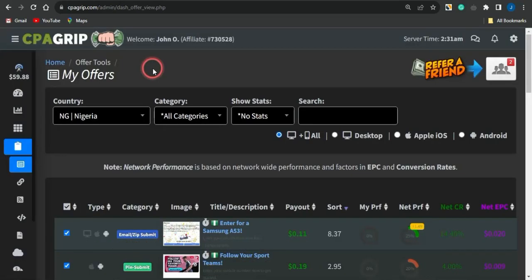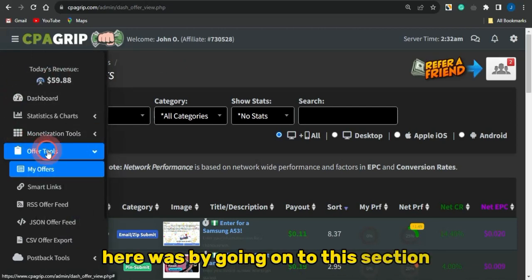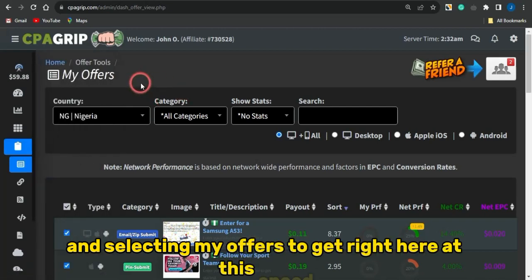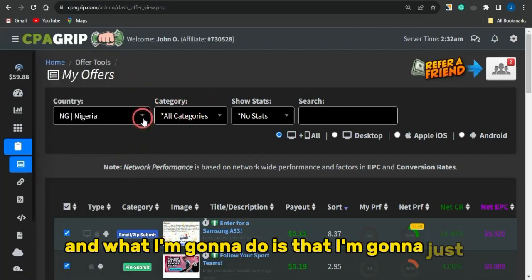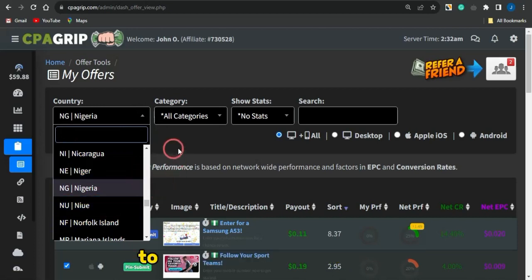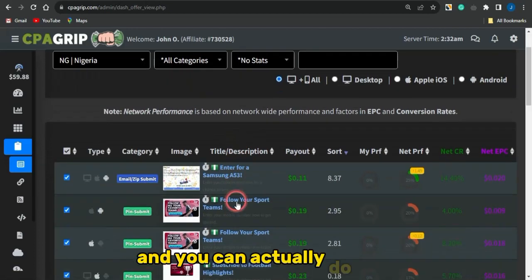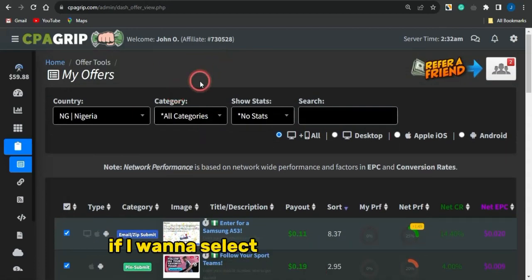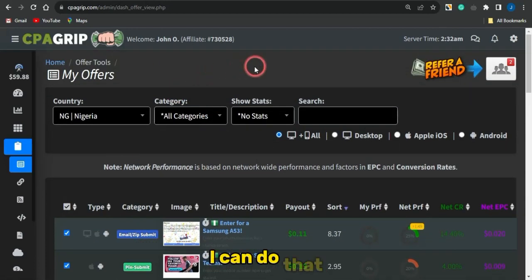immediately. So guys, if you could take a look at this right now, I'm in my account, and how I got right here was by going to this section, clicking on offer tools and selecting my offers to get to this page. What I'm going to do is simply go to selecting offers for any country of my choice, and you can see that these offers are available to the Nigerian demographic. If I want to select offers for another demographic, I can do that, or you want to just